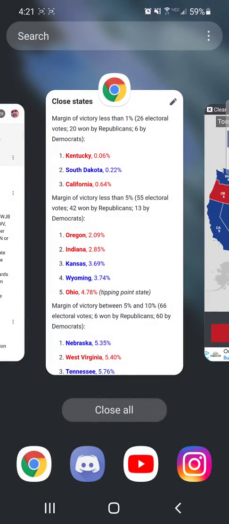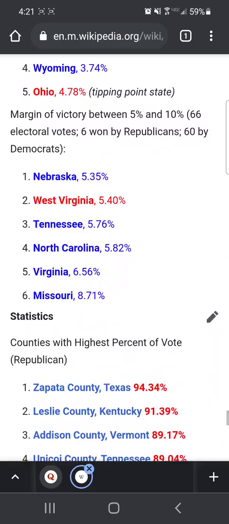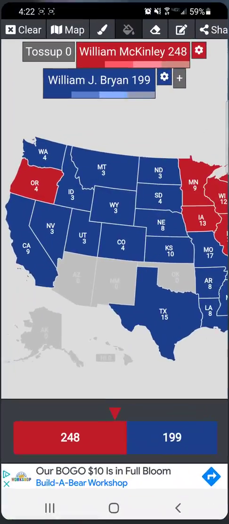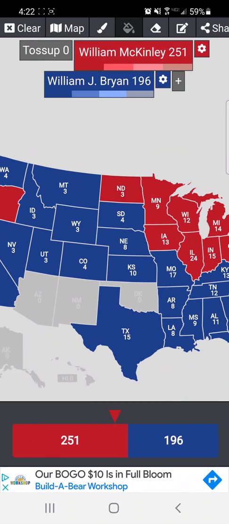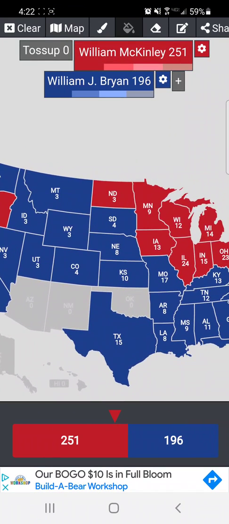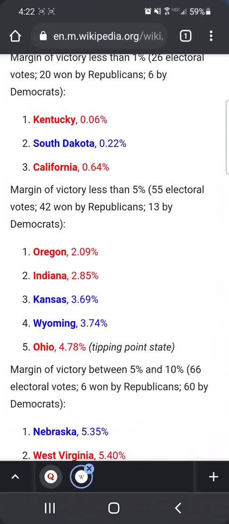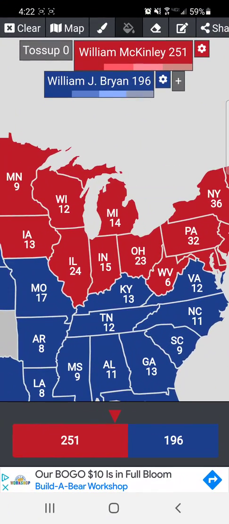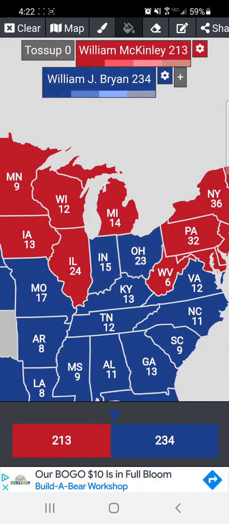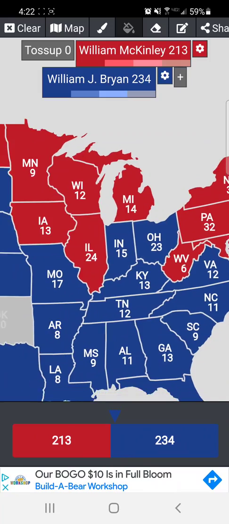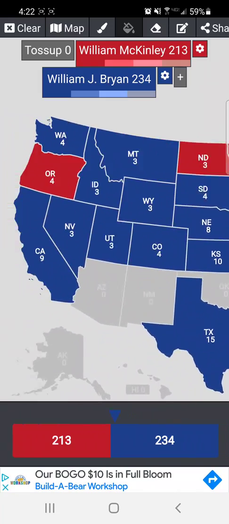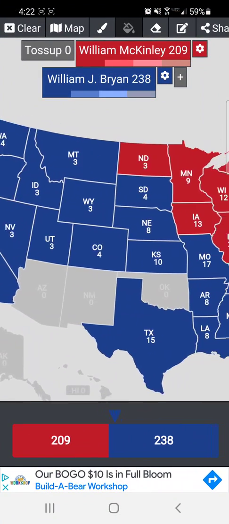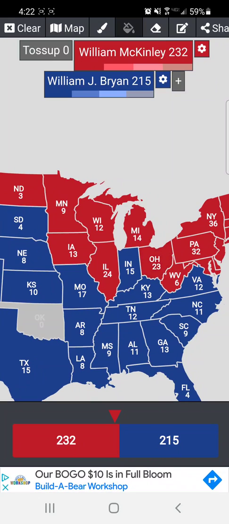Now, I'm pretty sure I got North Dakota wrong. My bad. So he flips California, and now he's going to have to win one of the Midwestern states, or a couple. He's going to have to win Indiana and Ohio. This is just a very interesting election. He could have won Oregon, and that would probably